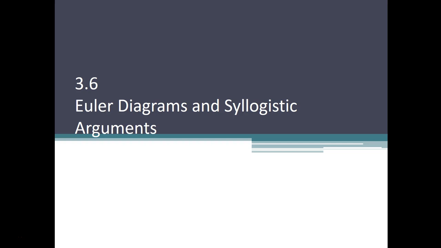But in 3.6, we're going to be looking at some arguments that have those quantifiers, like some, all, none. And we can't set those up with truth tables. It's a little different, some, all, none, not so black and white, true or false. So we're going to use something called an Euler diagram, which will look suspiciously similar to a Venn diagram for